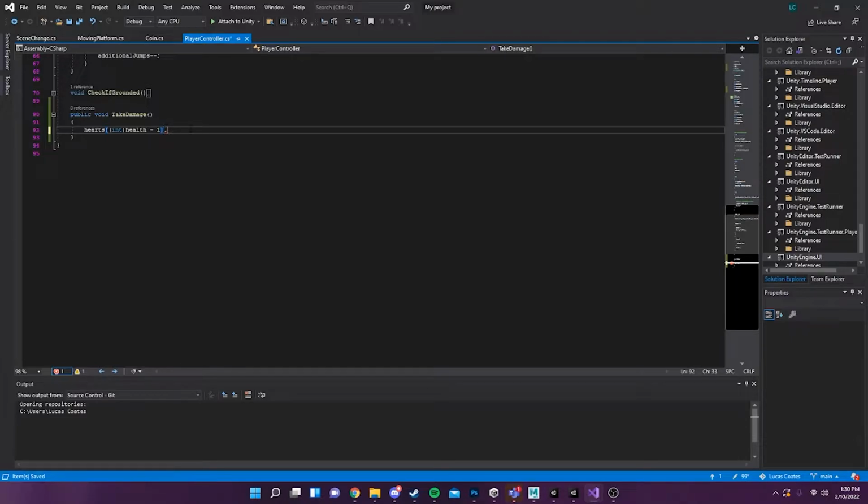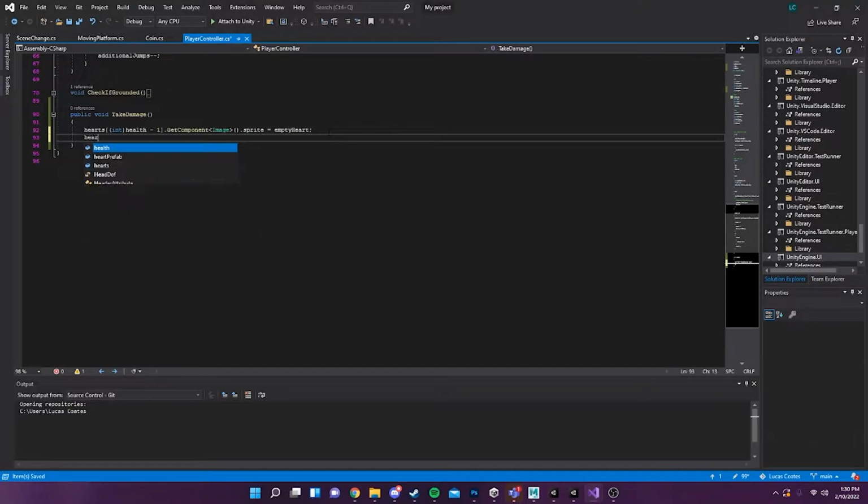So next we're going to do .GetComponent<Image>().sprite equals emptyHeart. So anytime we take damage, it's going to call this first and it's going to change one of our sprites to an empty heart. Next we're going to do hearts.RemoveAt,